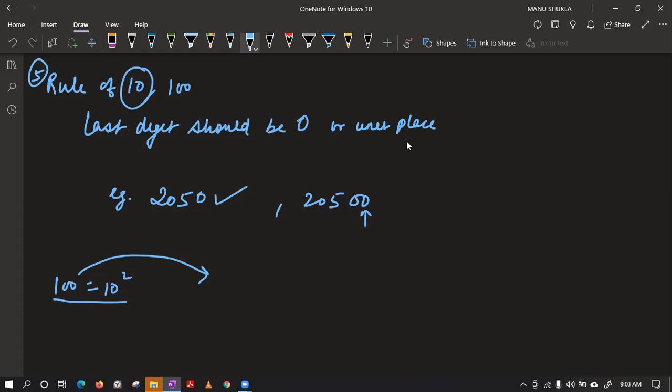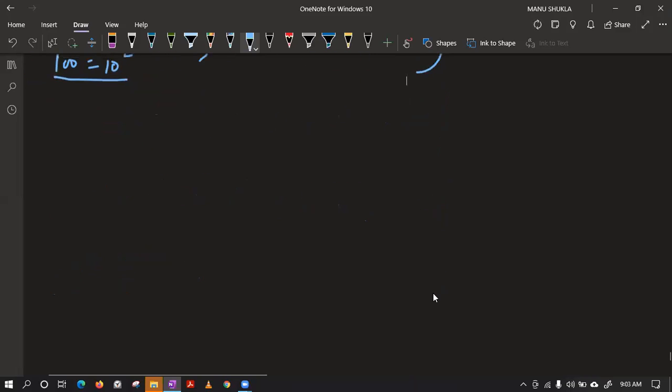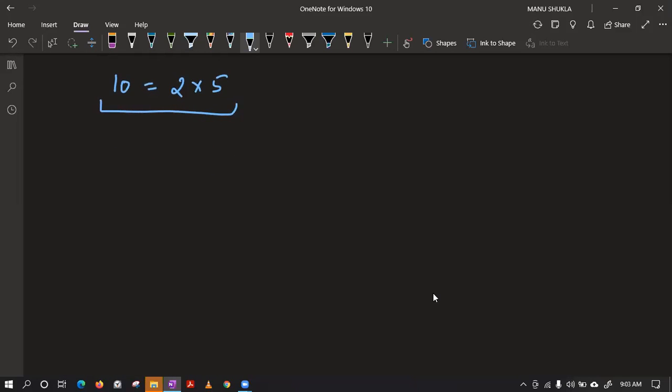So if you want to understand the rule of 10 in terms of other multiples, that is also possible. Class, this was one way to understand. There is one more way to understand. We can write 10 as how? 2 into 5. Class, if I say if a number is divisible by both 2 and 5, will that be correct? If I say like this, if a number is divisible by 2 as well as 5,